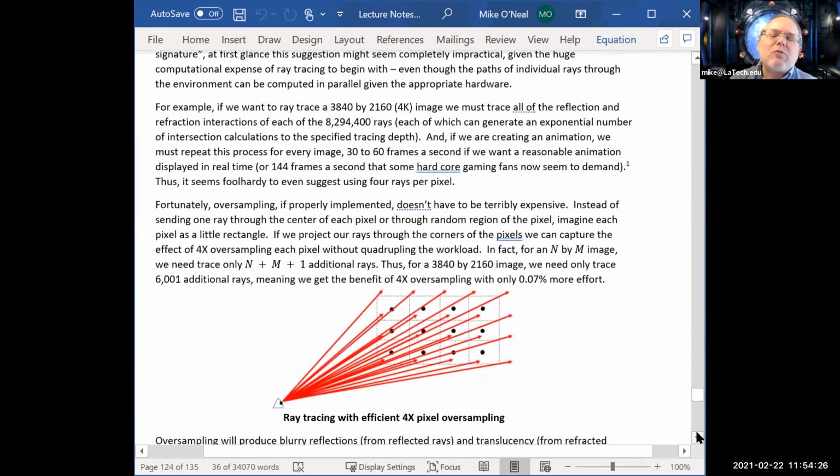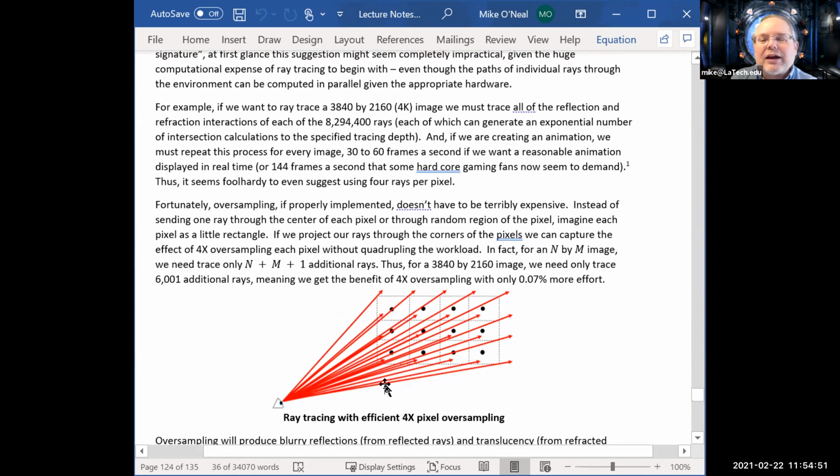You might say, well, there's no way I'm ever going to afford multiple rays per pixel. 4 rays per pixel, that's crazy. But think about it like this. Instead of shining the rays through the center of the pixel, think of each pixel as a little rectangle, and I shine the rays through the corners of those rectangles. If I do that, I'm really only going to have, instead of